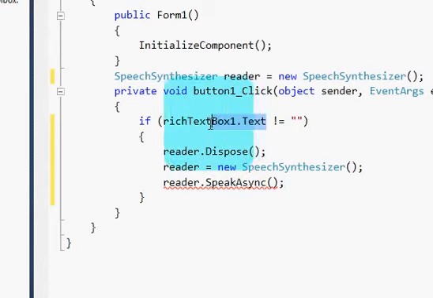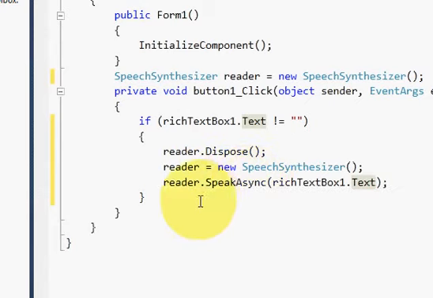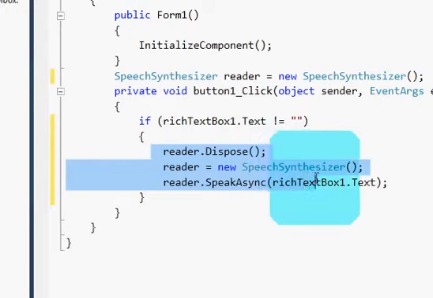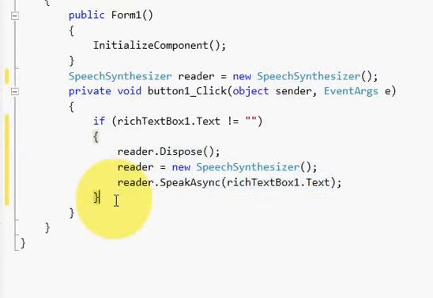So just copy this richTextBox1.Text and pass it as an argument in reader.SpeakAsync, and then if this condition is true, then my speaking process will start, else